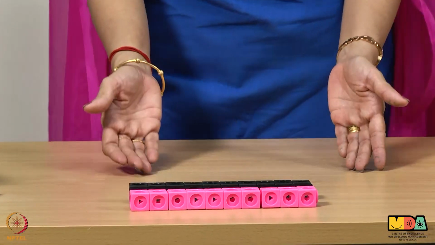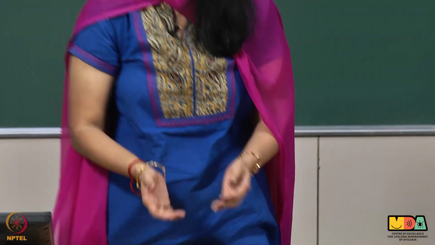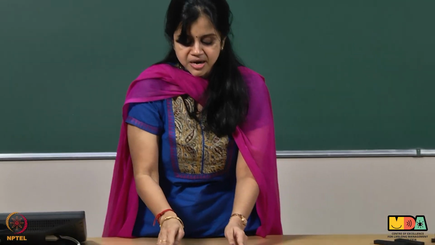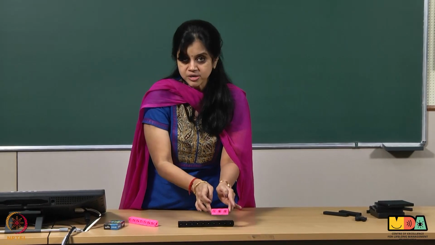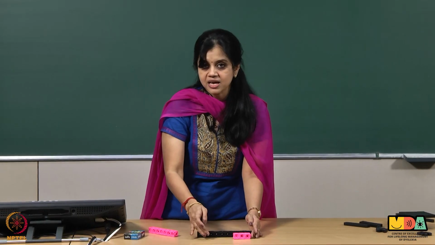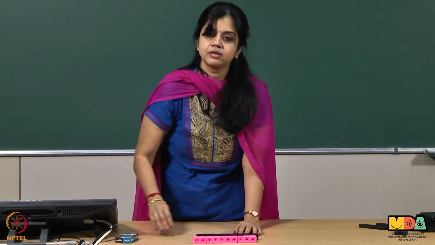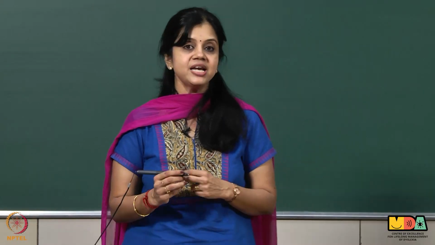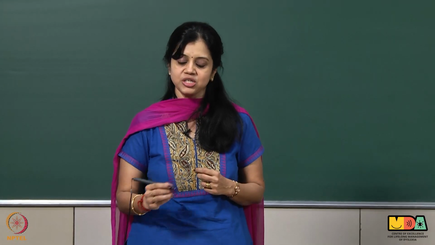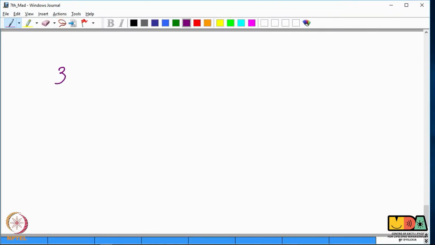So, what is the concept that we are trying to put across to children? That they can't take away a bigger number from a smaller number, and if the number is smaller, if they still have to take away or remove, they need to borrow from the next digit. First, when we introduce the concept, let us not give them borrowing in subtraction. Let us take numbers maybe 37 minus 25. So, let us see how to use manipulatives and make children understand the concept of subtraction.